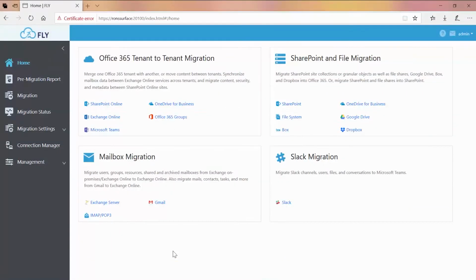When performing a migration into SharePoint Online or OneDrive, there's more to consider than just source and destination. Things like conflict resolution with your content, permissions migration, list and library settings. All of these considerations have to be answered. In Fly, you make decisions based on all of those different settings and options in what's known as a migration